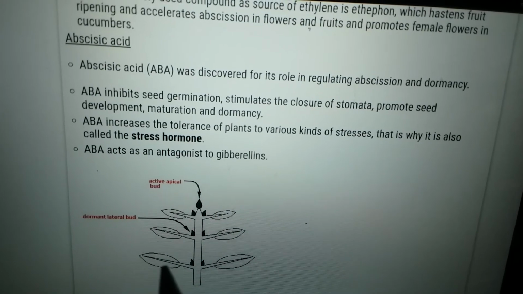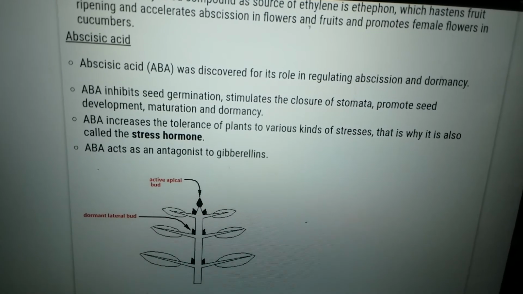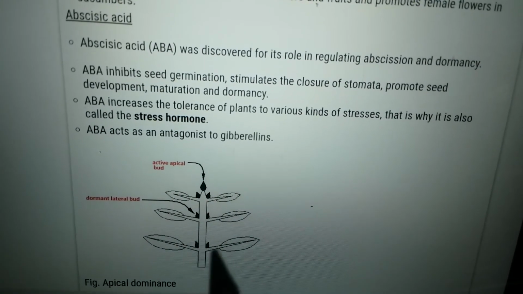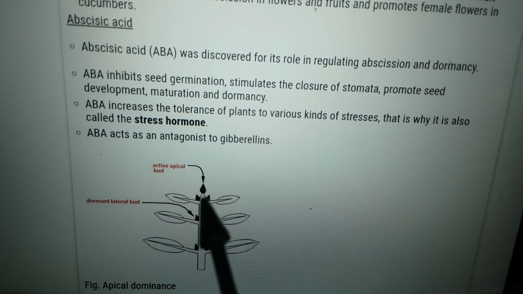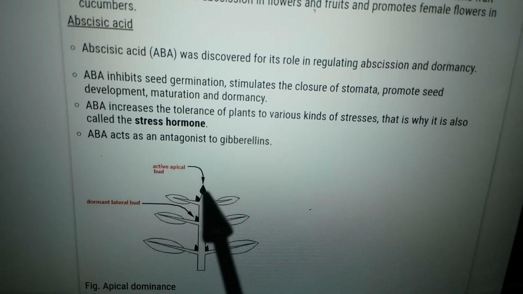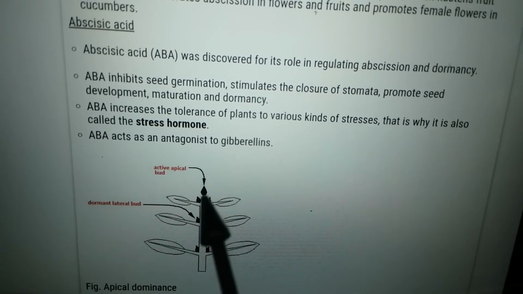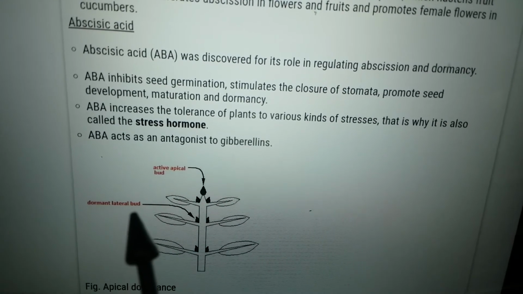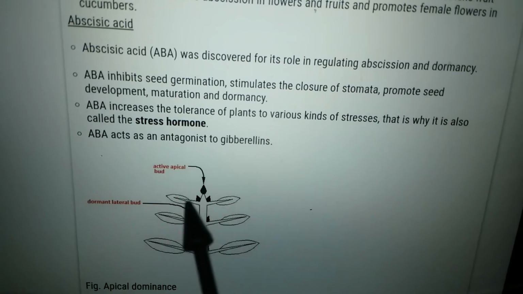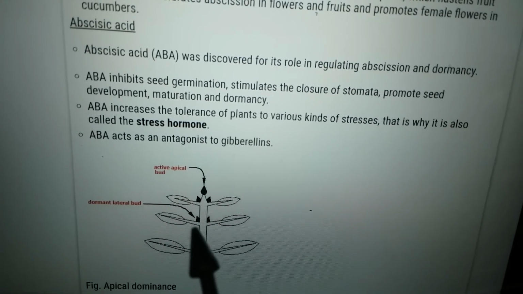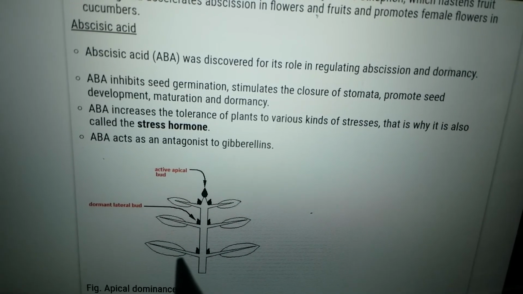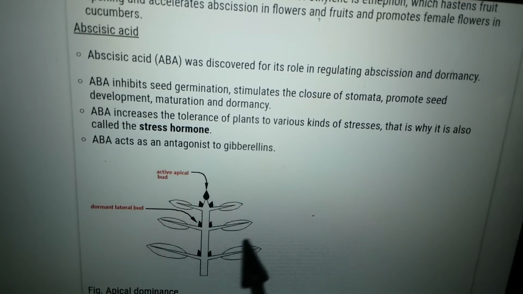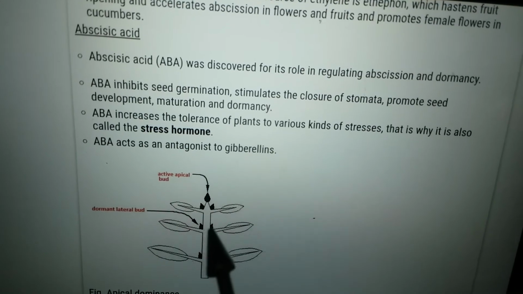Let us look at a diagram of apical dominance. As we have already seen, the apex contains auxins which help in the formation of apices, and thus the plant grows. And these lateral buds and apical buds are present on the plant parts, which helps the plant for its growth and development from the internodal parts and from the nodal parts.